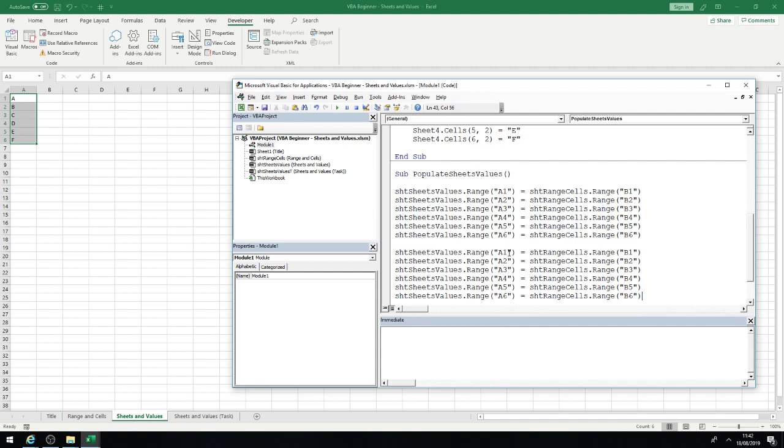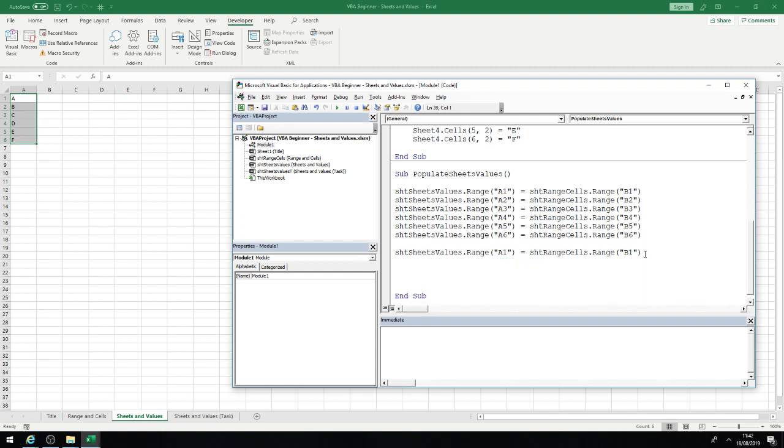You need to practice this in order to get comfortable with it, and it takes a while to get your head around it all, but once you are comfortable with it, then it'll become a lot easier. So let's use the cells method. So sheets values and then dot cells, and then we want cells row 1 column 1